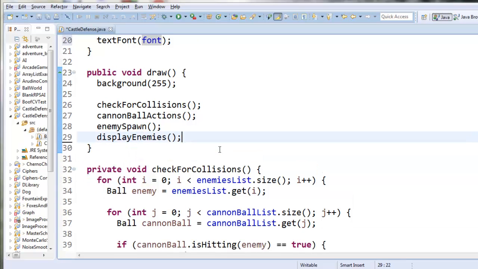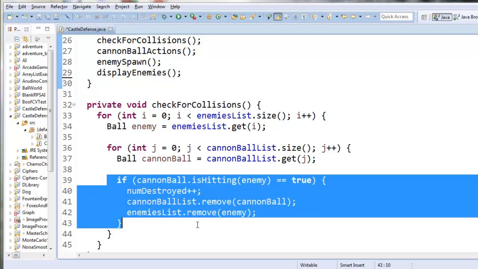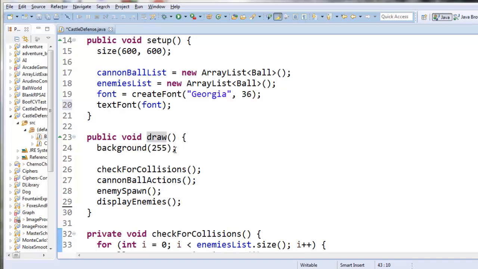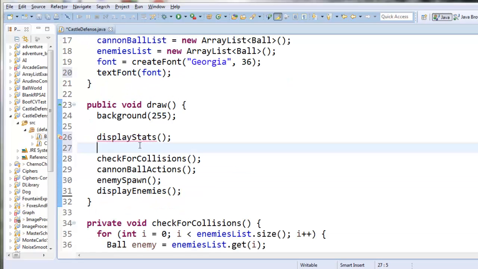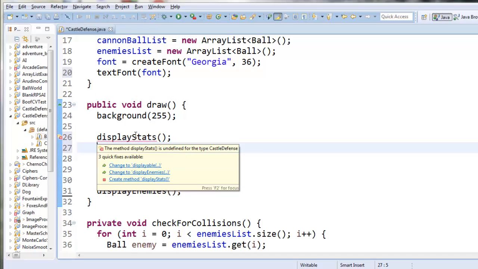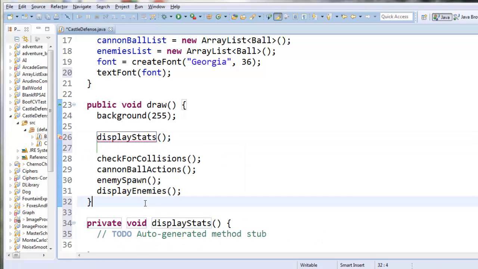So I think this is something that I want to happen all the time, because this is displaying a number. I want to display how many enemies I've destroyed. So I wouldn't want to display it only in the split second when I actually destroy the enemy. I want to display it all the time. So up here, you know what? I'm going to make a new method called displayStats, because I'm imagining I might want to put some other statistics in there as well later. So I'll create this method,